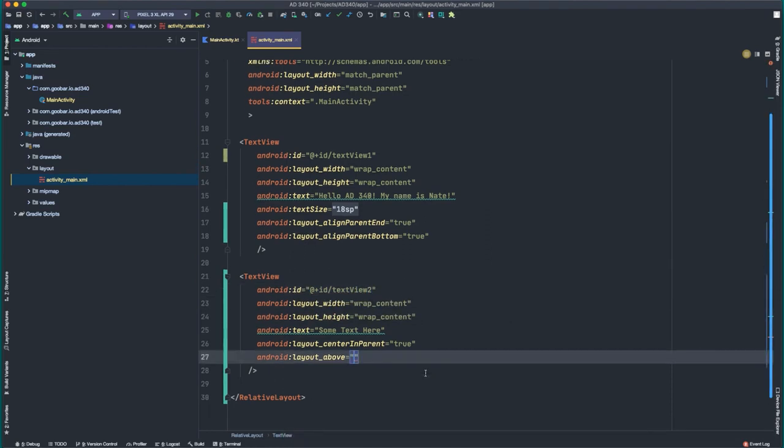Now in layout above, I can reference that ID. So I want to reference the text view 1 ID because I want text view 2 to always be laid out above it. So here I see @ID/text view 1. Now notice in this case, I didn't use the + sign. I just said @ID and then the name. So when you're referencing an ID and you don't want to create a new one, you don't need to add the plus. So now I've indicated that text view 2 should always be laid out above text view 1, but